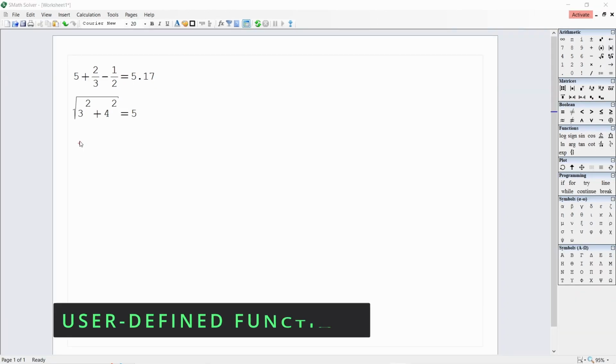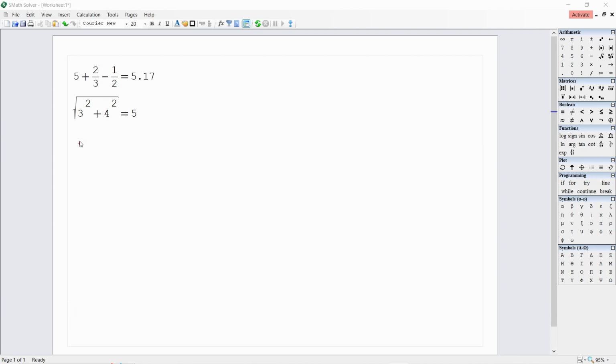Aside from built-in functions that users can utilize, we can also create our own functions and use them in calculations. These are called user-defined functions.